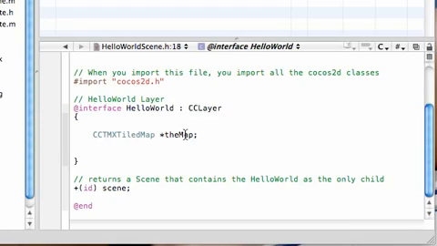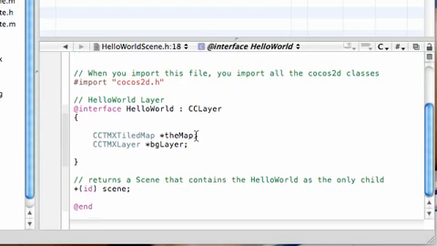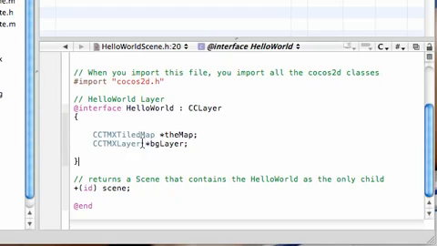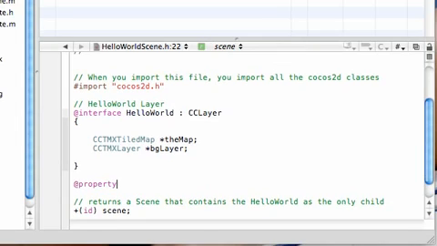So now we want a way to access that background layer. And the way, let me just type this, is CCTMXLayer, just like that. This is how Cocos2D allows us to access the tiled background layer. I'm going to name this BG layer. Could you guess why? Yes, because it's the background layer. And now that we have these two objects, we need to actually have them as properties so we can use them in our program. So property,